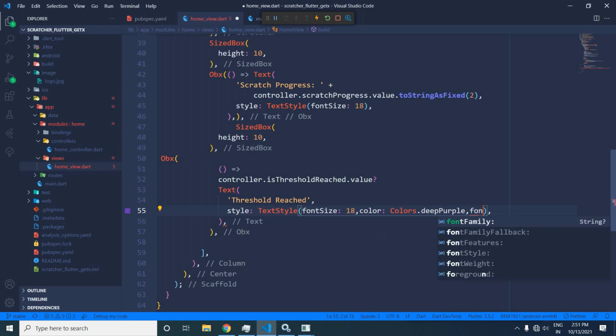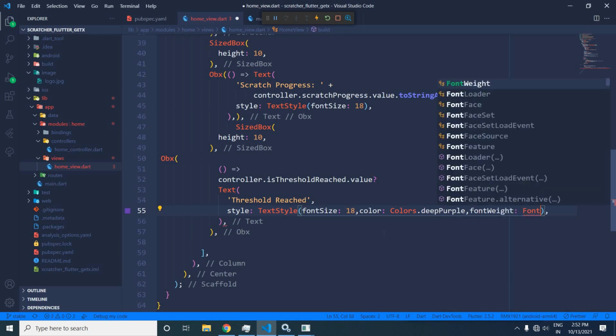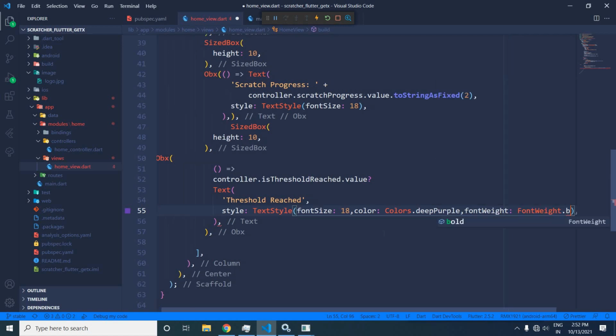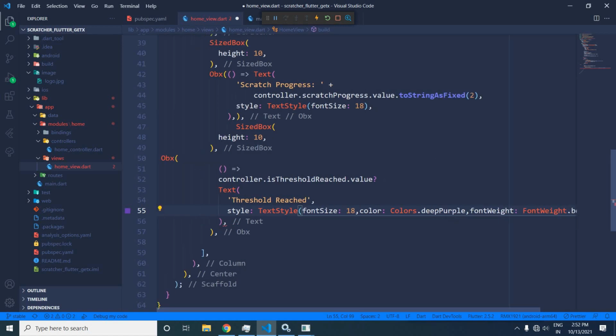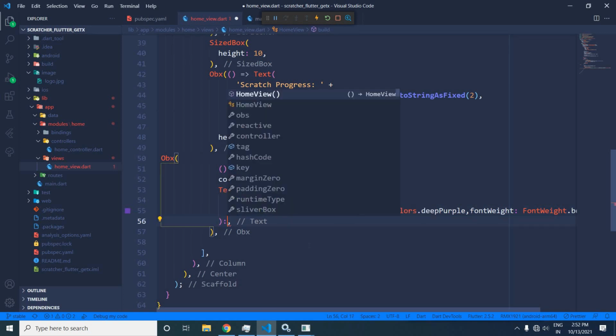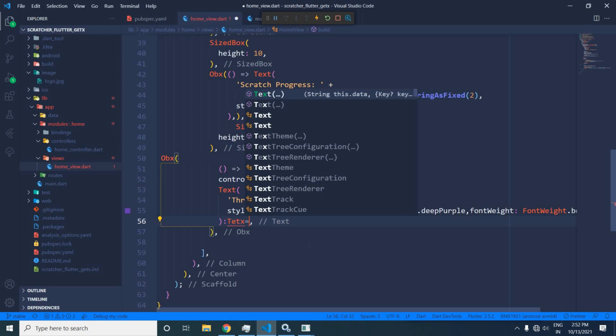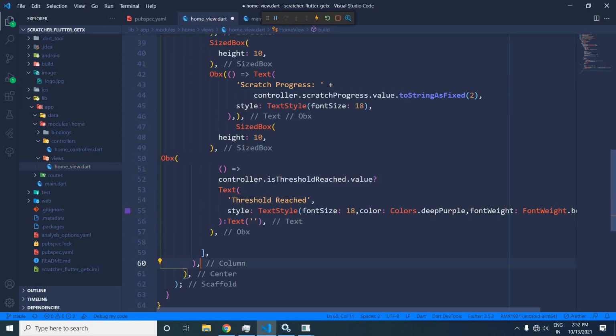And in the font weight I will use FontWeight.bold. And if the threshold is not reached, then here again I will use the text widget, and in the text widget I will write threshold not reached, right?